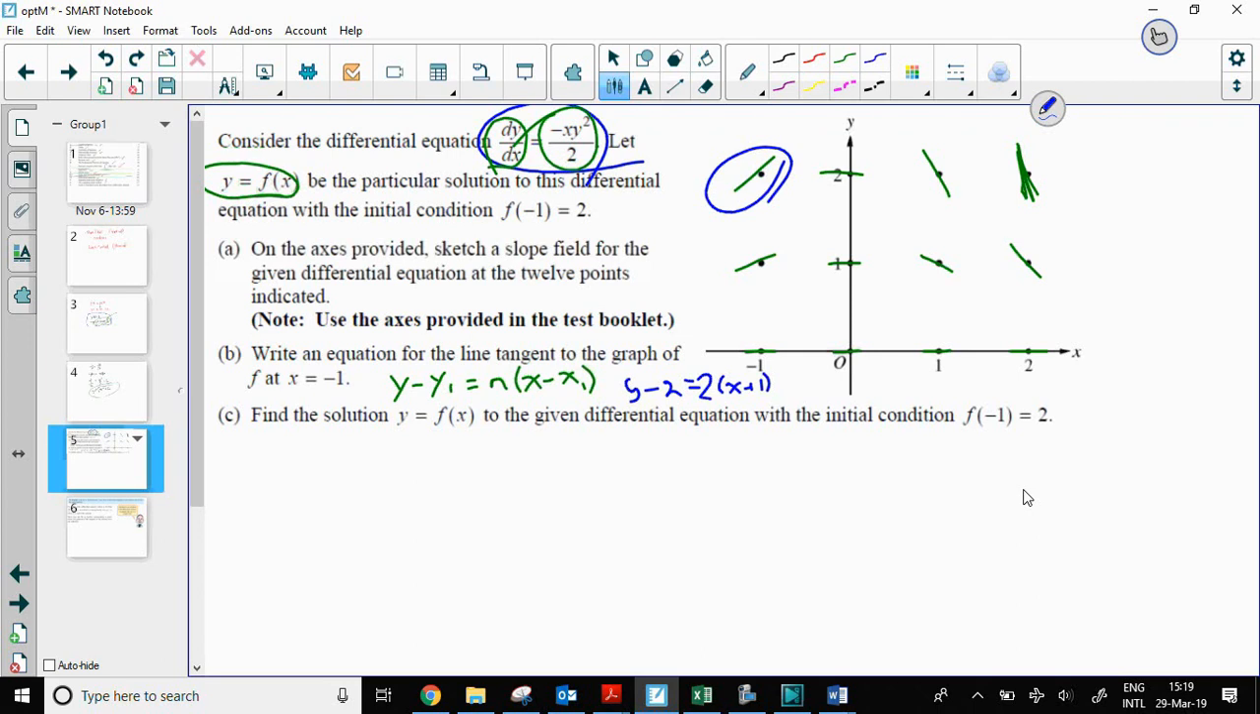Anyway, part C I'm not going to do. That's just solving the differential equation. That's clearly separable. We don't need to talk about that now. Next, I want to discuss